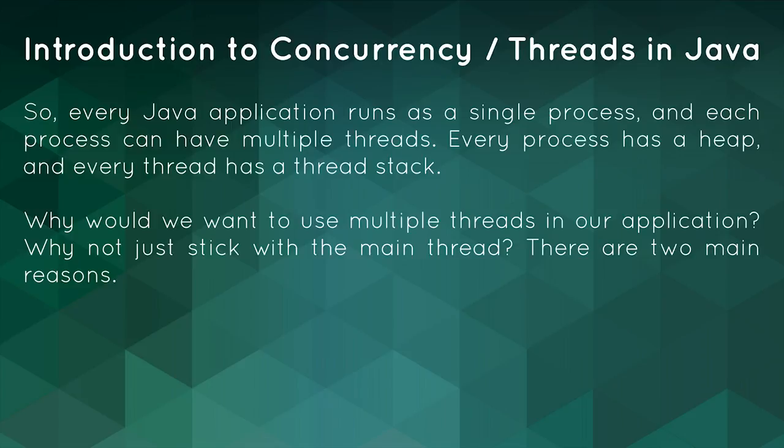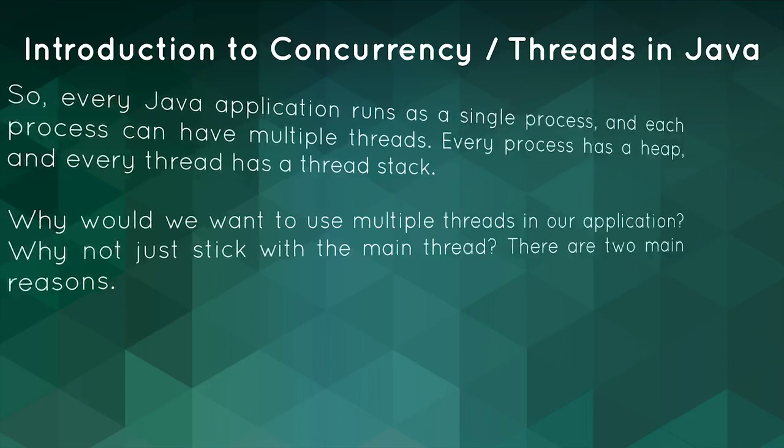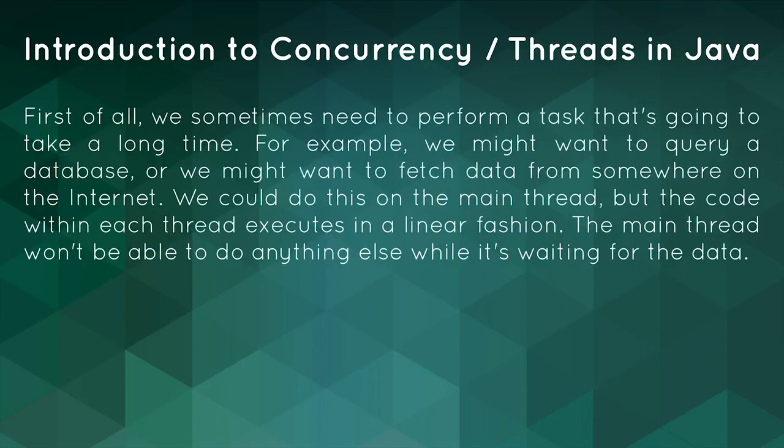So I guess at this point you might be asking, why would we want to use multiple threads in our application? Why not just stick with the main thread as we've been using in the course? What are the advantages? Well, there's two main reasons why you'd want to do this. Firstly, we sometimes need to perform a task that's going to take a long time. Now, for example, we might want to query a database, or we might want to fetch some data from a